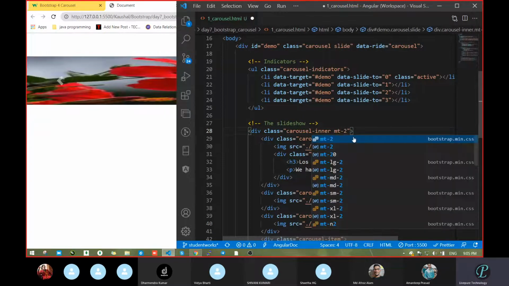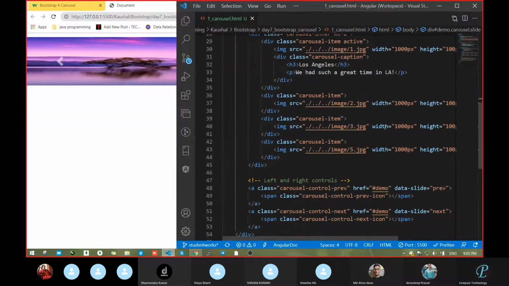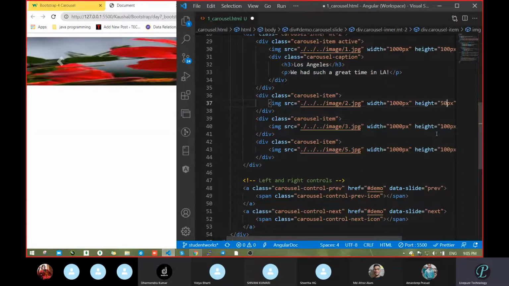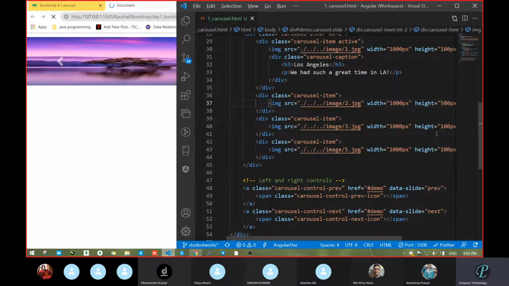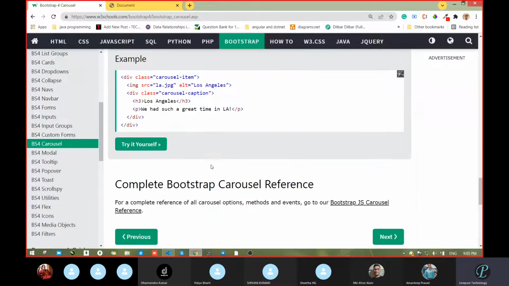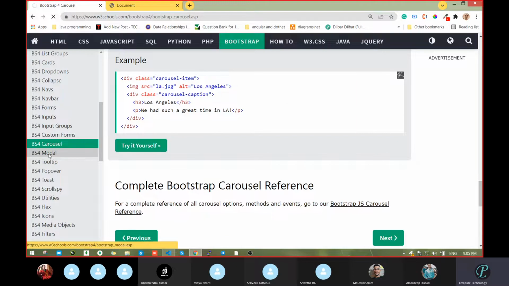So anyone having any issue? Now tell me. Yes, sir. Have you got it? If you got that, it means you can add a carousel inside your website. So I think now you can do this one. Correct? Okay. So these two things were there. That's it. Now next is the modal.